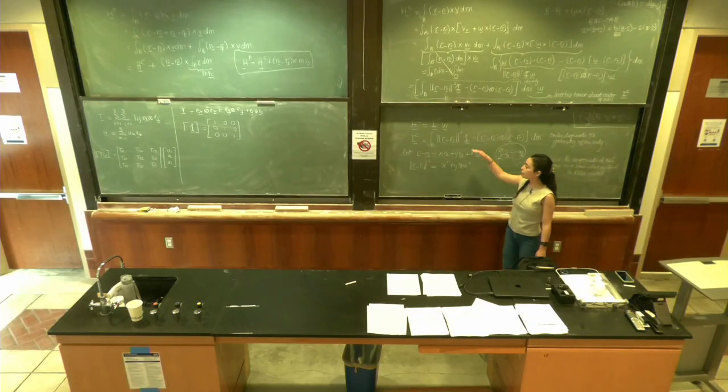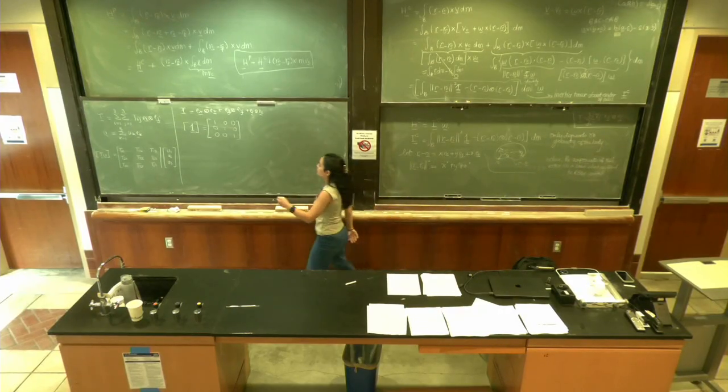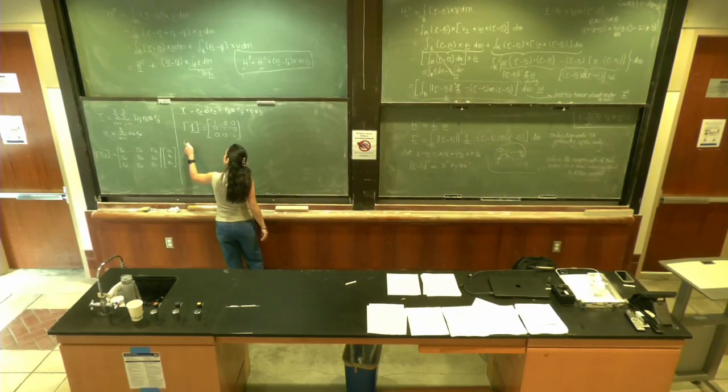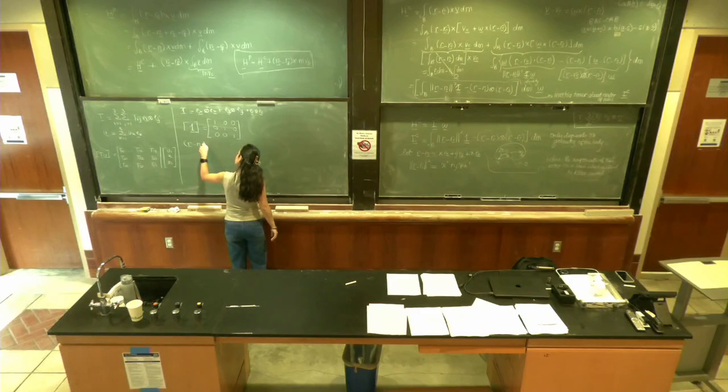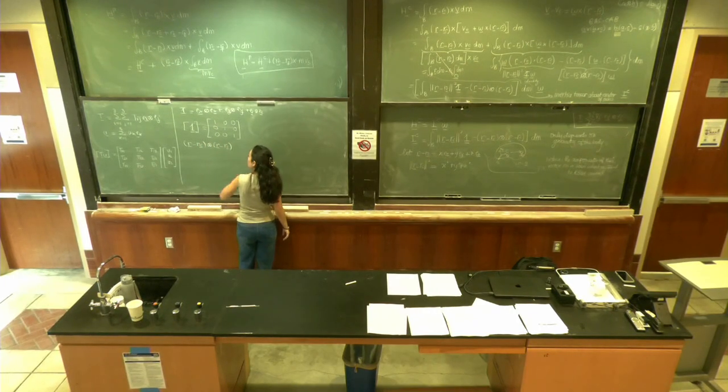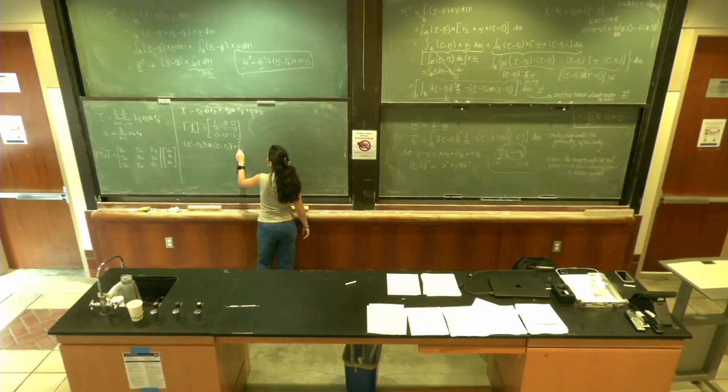So I know the matrix representation of, well, this is a scalar, x squared plus y squared plus z squared, times the identity matrix. Now I want to look at this term, the (r minus r_c) bond (r minus r_c). Well, that's equal to x e_x